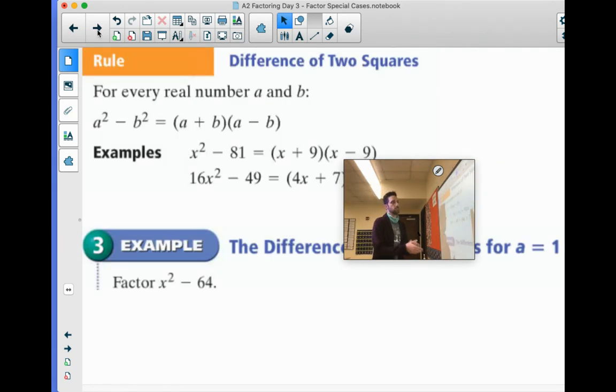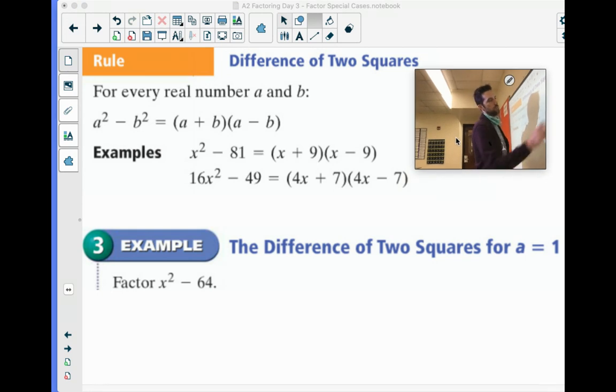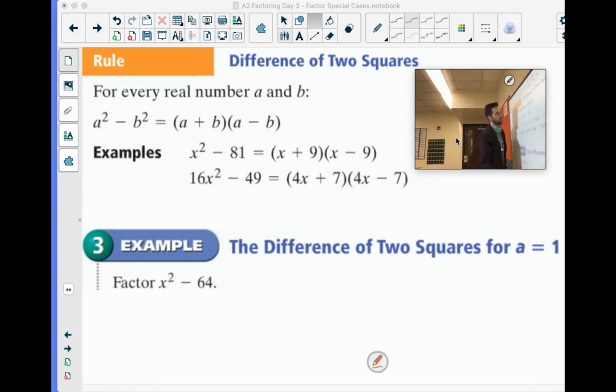What else we got? Oh, the difference of squares. I love the difference of squares. Difference of squares is when you have two terms that you can square root, and there's a minus in the middle, right? Difference means subtraction. So if you look, x squared minus 81,